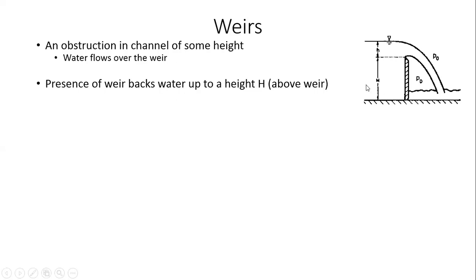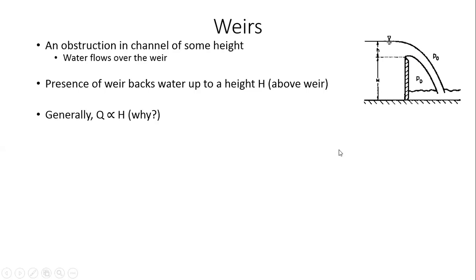So whatever I explained here is simply this. Assume that I have an obstruction across the entire width of the channel, okay, of some height. What will happen in order for the flow to continue is that the only way it can happen is for the water to build up to some height and then flow over the weir, right? So that's a simple understanding of how a weir works.